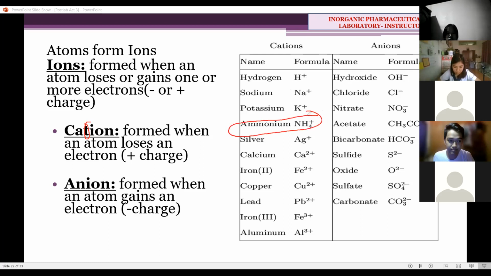Nalantawan na sagol din ha, the ammonium. Ammonium together with the hydroxides here in the anions, they are called polyatomic ions. Meaning they are not compounds, but they do contain two or more elements, but ang kalahian nila sa compound class, ang polyatomic ions naay charge. Para sa ammonium, NH4+, naay charge na positive 1. The same thing with the anions here, hydroxide, combination of oxygen and hydrogen, tapos naay charge.